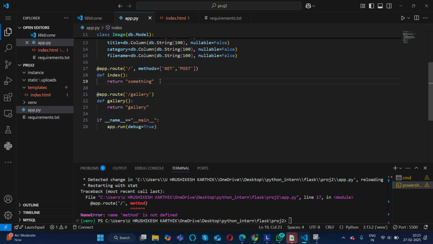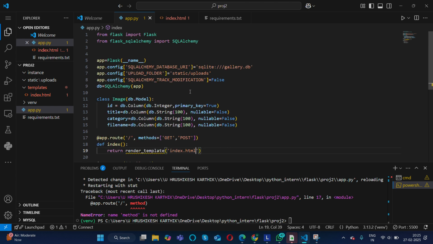It should not return this. Actually, it should return a template, right? Render, it should return the HTML file.